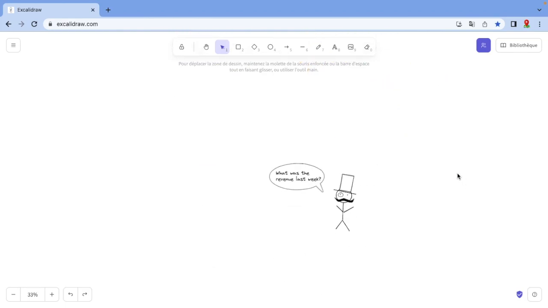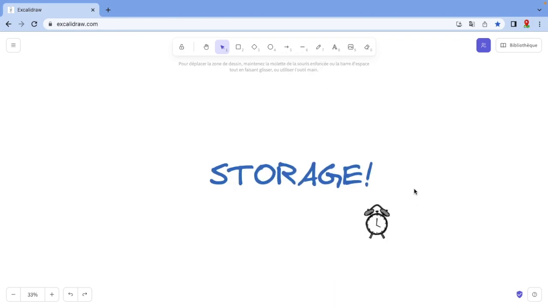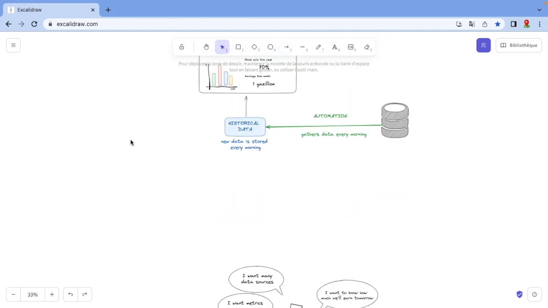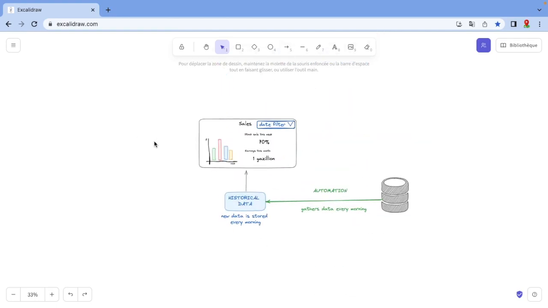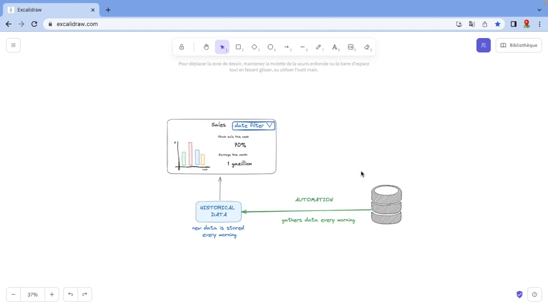Okay, but our stakeholder, he's quite precise, and he wants the revenue for last week, so he can make better decisions, right? And here we have the second answer, storage. The two words that I said would appear. Why would storage be important? Okay, here we have